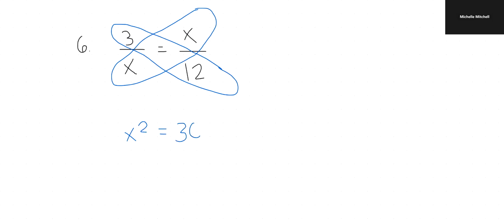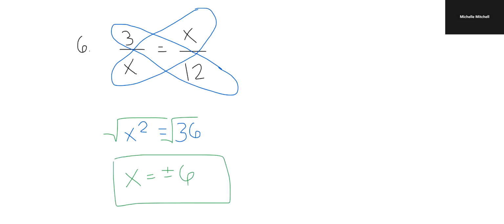Then we're going to take the square root of each side. Now remember, because we are drawing the square root, when we give the answer, we have to give it as the plus or minus answer. So since x squared equals 36, x can equal positive or negative 6, and that is our answer to problem number 6. For problem number 7, we have negative 4x